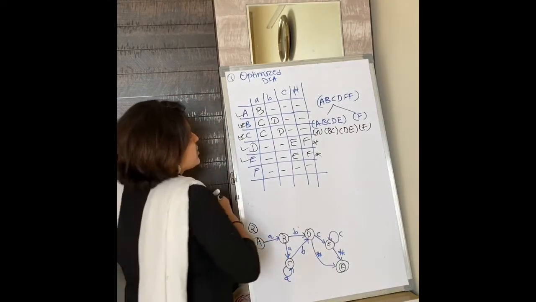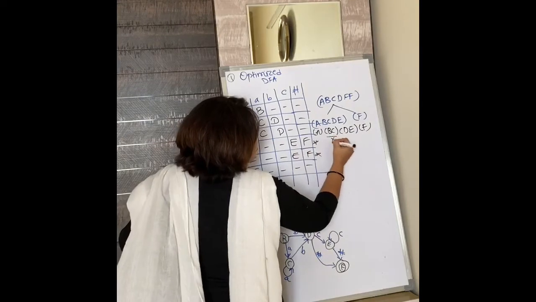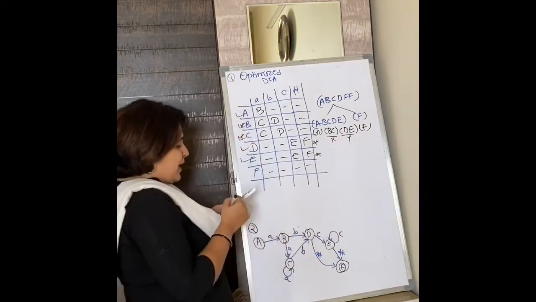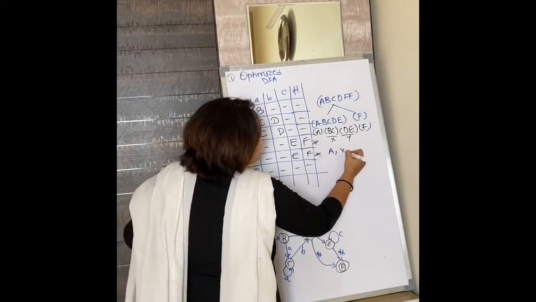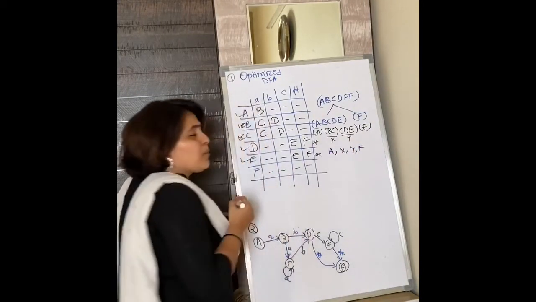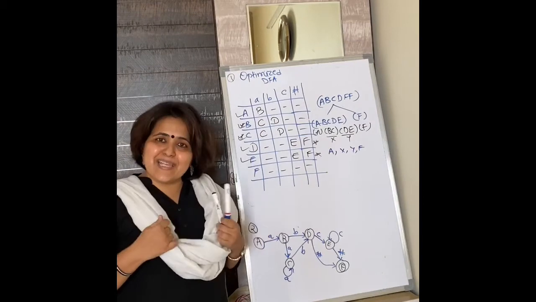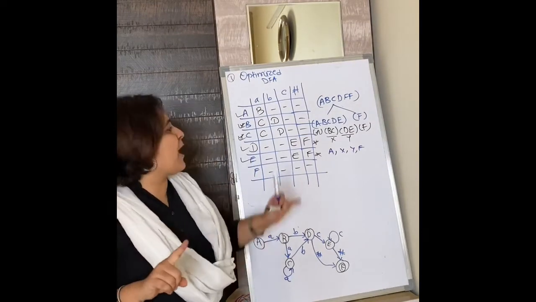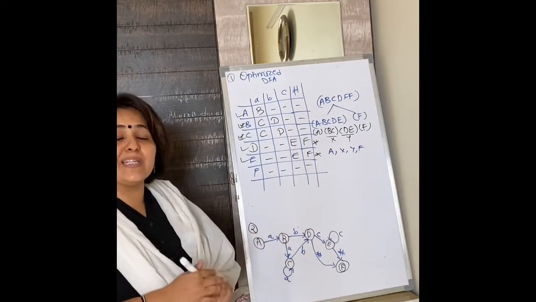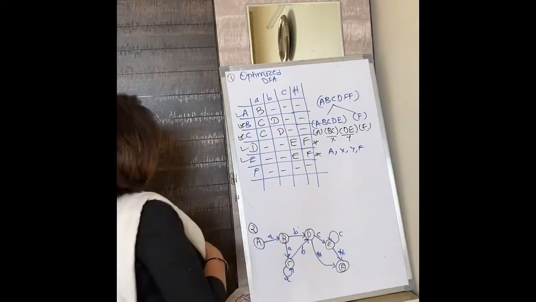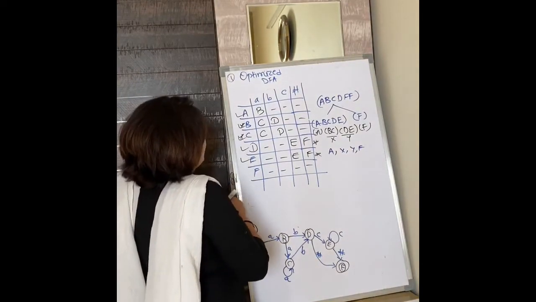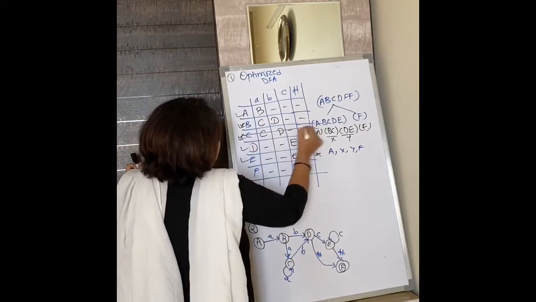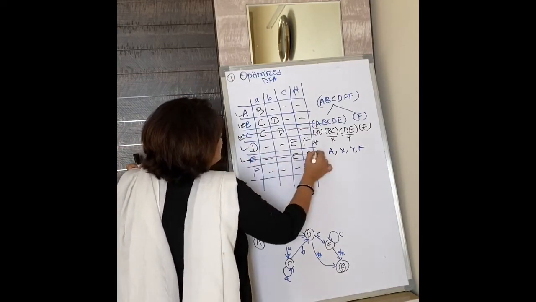If you merge B and C, that can be called X. This can be called Y. So now we will end up having four sets, simply A, X, Y and F. So what will we do? Out of B and C, one row we are going to delete. Out of D and E, one row we are going to delete. Any row can be deleted. So from B and C, let us say we delete C. And from D and E, suppose we are deleting E.